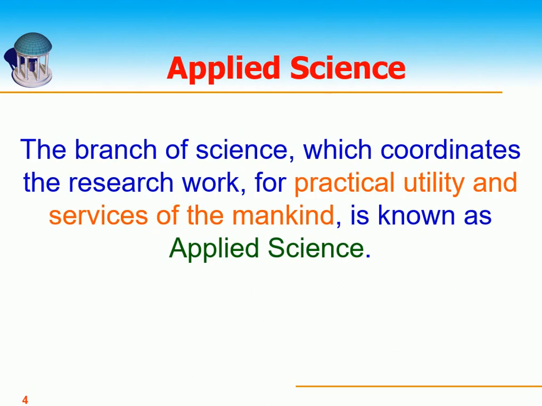Now, what is applied science? The branch of science which coordinates the research work. Of course, the scientists are doing the research work, but applied science basically coordinates the research work for practical utility and service of mankind. That is known as applied science. How the basic idea of science can be used for the betterment and for the practical utility of the human being. For example,